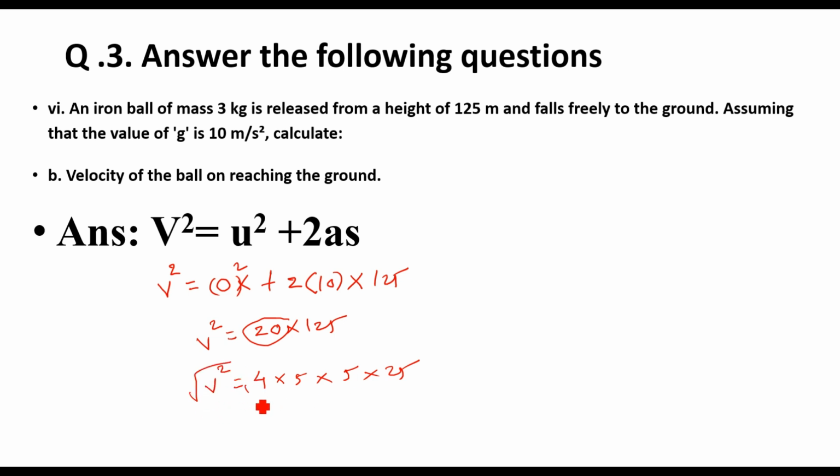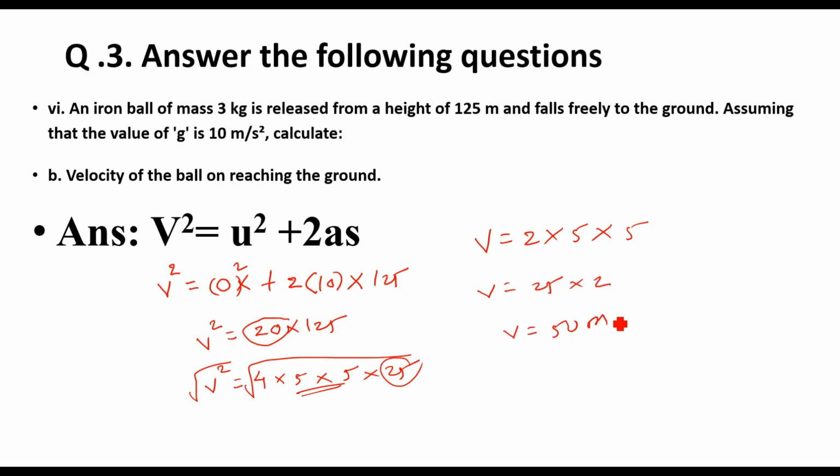So the square root of 4 is 2, the square root of 5 times 5 is 5, and the square root of 25 is 5. So 5 5s are 25, multiplied by 2, and therefore v is equal to 50 meter per second, and therefore